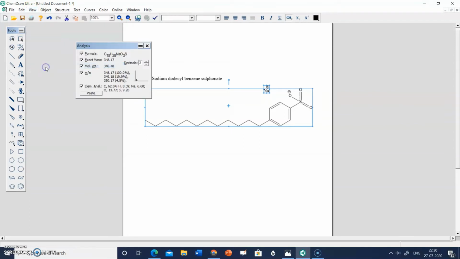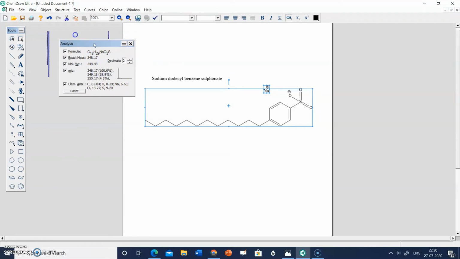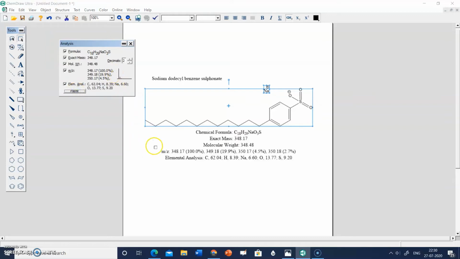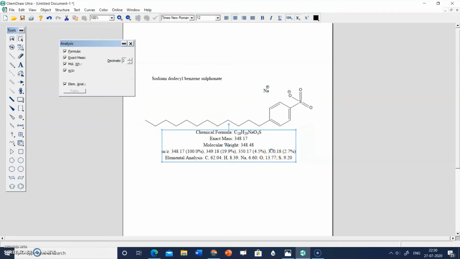This window will appear, and it shows the formula, exact mass, molecular weight, m/z, that is mass spectroscopy fractions, and elemental analysis. If you click on paste, all this information gets pasted over here.